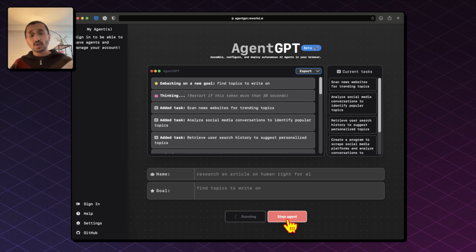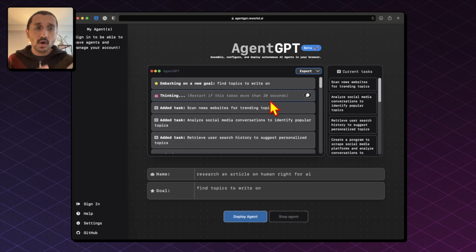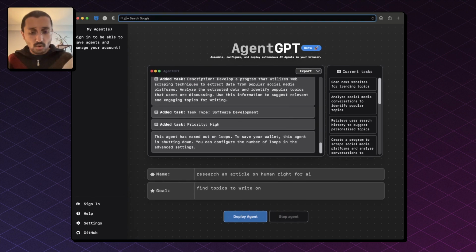This is huge. So we have 3 different ways that you can currently access AutoGPT. One is through your terminal, PowerShell, one is using Replit, and one is using AgentGPT directly from your browser. For all of them, you would be needing your own API key to access it. So do make sure to get your own API key. The way to get there would be to go over to